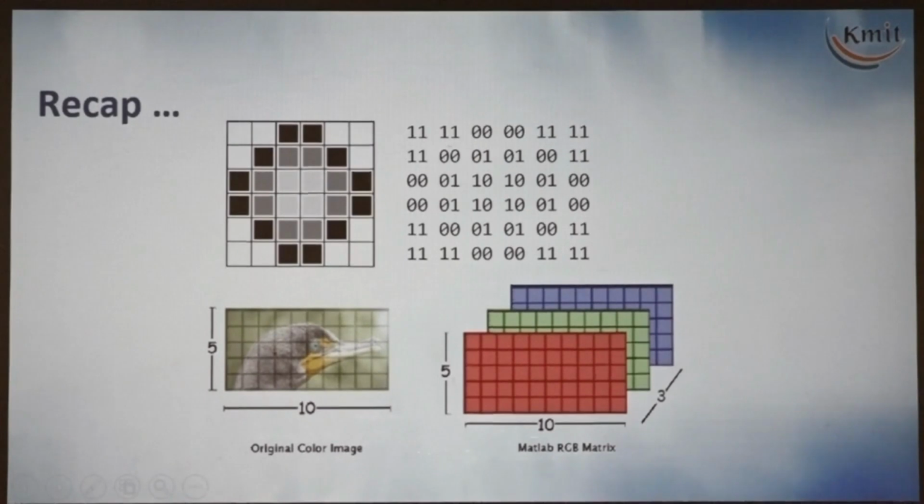And if you go for color, the same strategy but RGB. This was also explained in the last session. The only thing is the intensity of the color. What is the intensity of the red? What is the intensity of the blue? What is the intensity of the green? The combination will give you the new color. So that is the representation of this.